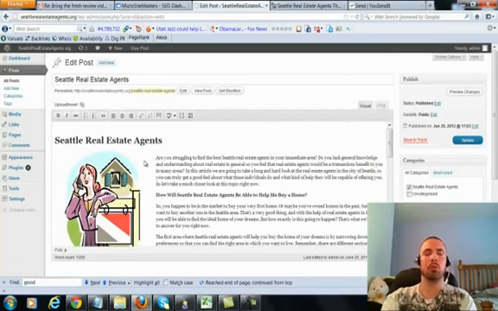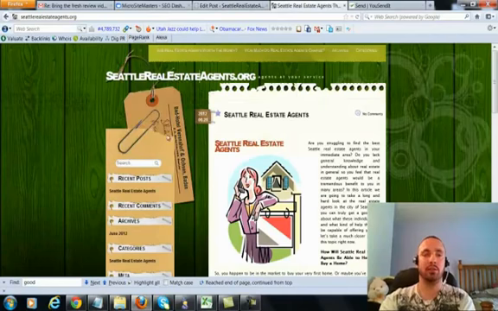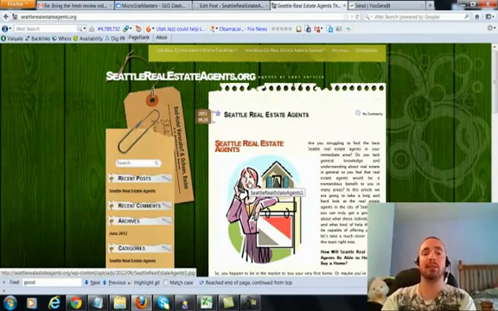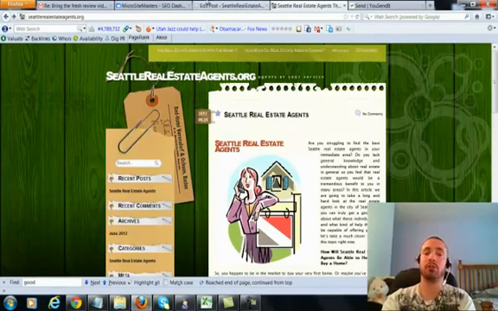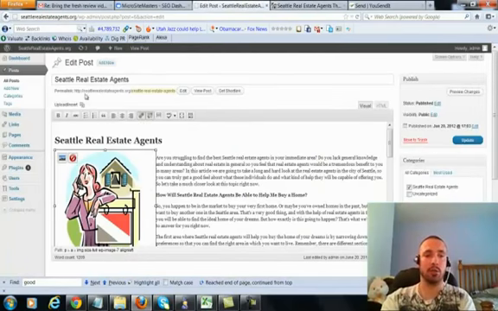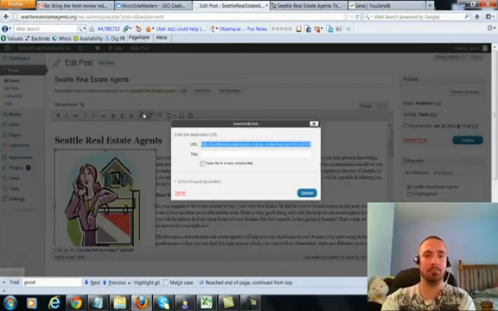Now what we're going to be doing is adding links to our images, and the links are going back to our main URL. You can also send them to other pages of your site, but I recommend sending them to the main URL. If you go to this site here, if you click on the image like it is now, it'll just bring you to a page with the image on it, and that's not doing anything for us, especially for our SEO. So we're going to click on the image, we're going to hit the link button.